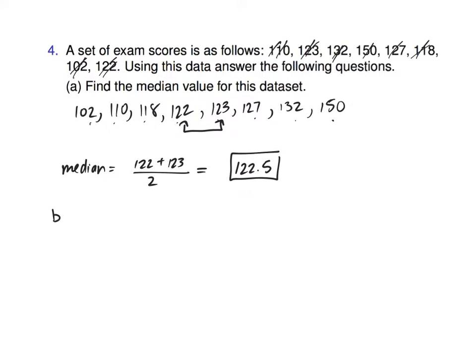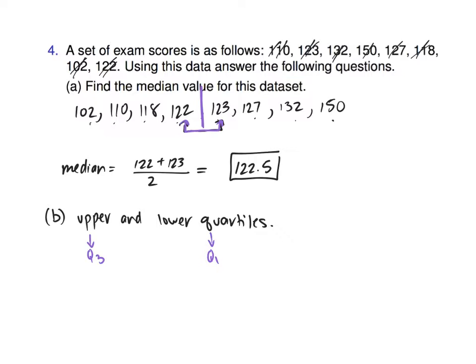I'm going to do part B on the same slide. Part B says to find the values of the upper and lower quartiles. With this, you just do the median process again. At least in your book's way of specifying this, which is not perfectly consistent, you use these two values to find the median, and you use them again when you find the medians of the lower and upper halves. The upper is called Q3, the lower is called Q1. To find those, you just do medians of both lists.